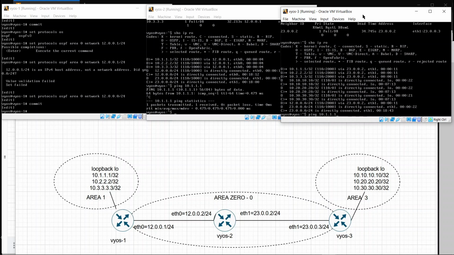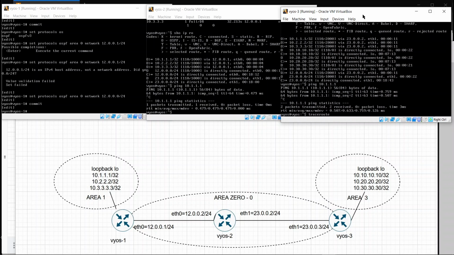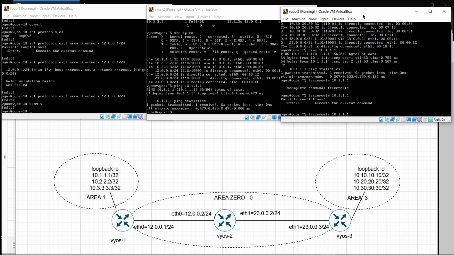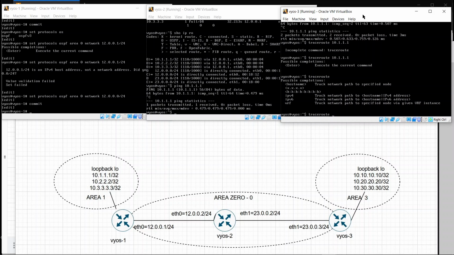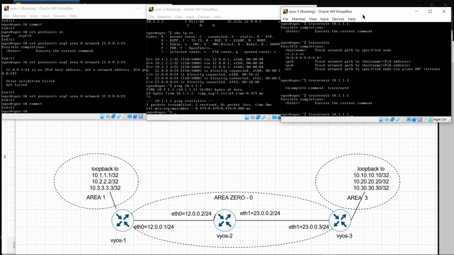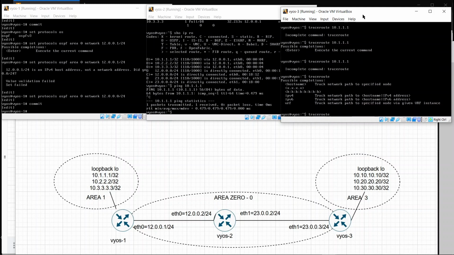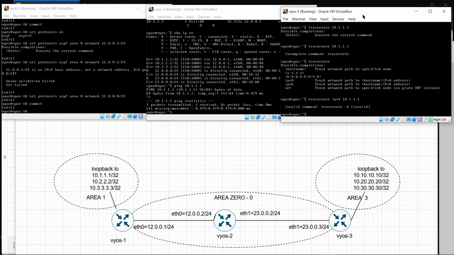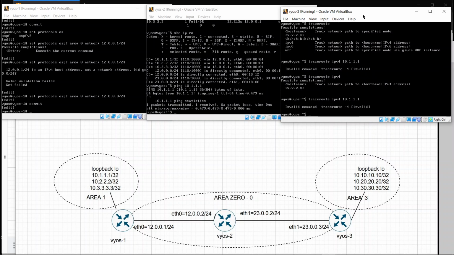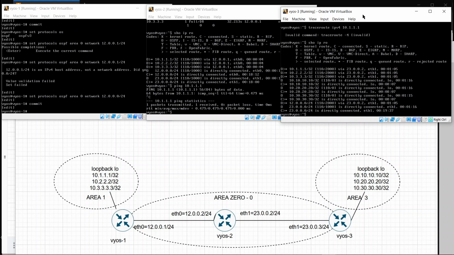So we should be able to ping VOS1. If you want to do a traceroute to it, you will see that it's traceroute 10.1.1.1. Okay, why is it an incomplete command? Well, what else do I need to give here to complete it? IPv4. Something is broken here, so we'll forget about that. It used to work. But anyway, you can see that now we have the routes coming in here,